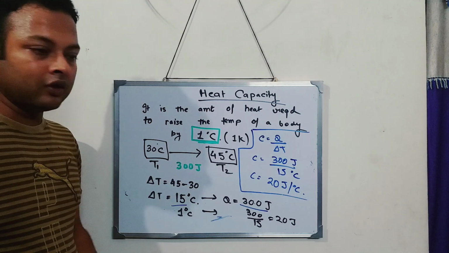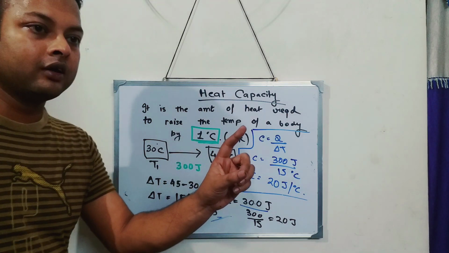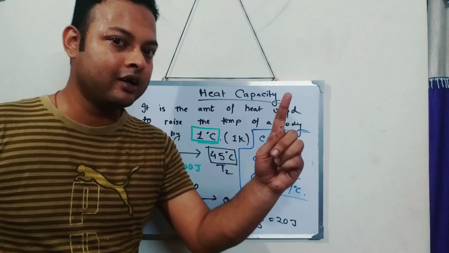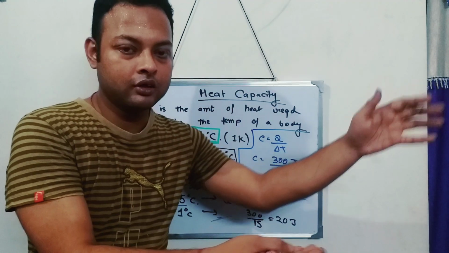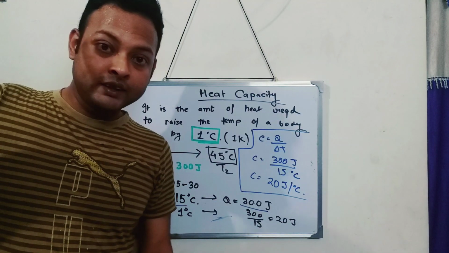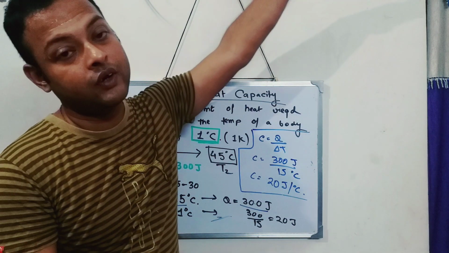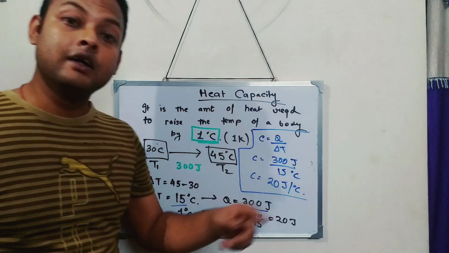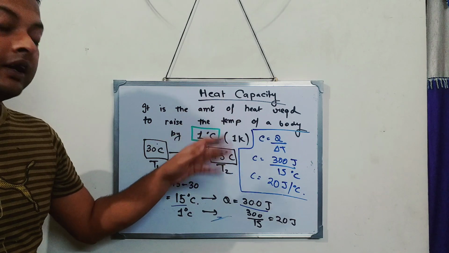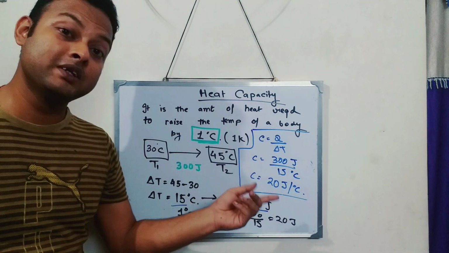If we are not concerned with the mass, think: if I have a small body, for 1 degree centigrade it will require small heat. If I have a little bigger body, for 1 degree centigrade we require a little more heat. If we have a very big body, say a body of 100 kg, and I want to change the temperature by 1 degree, then it requires a lot of heat. So heat capacity depends on mass. We have never mentioned mass over here, but that doesn't mean it is independent of mass. It depends on mass.